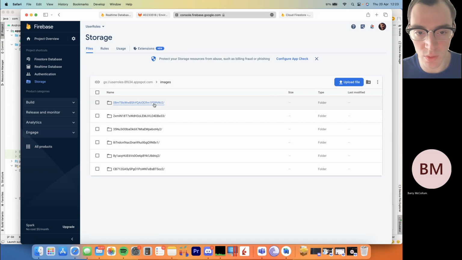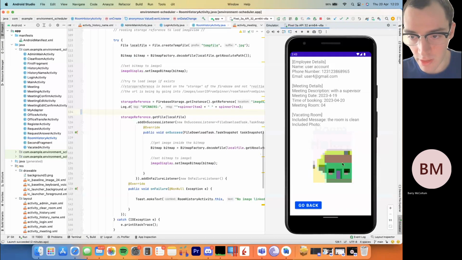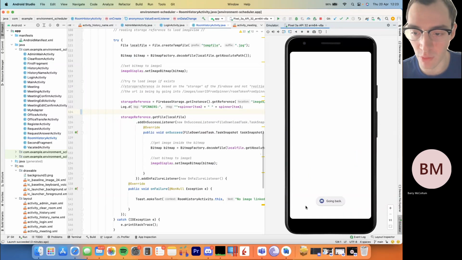If we go into the images and we go to R2, this is our new user, and we go to room 4, and this is the image. That's how it stores the images and accesses them. And it's loaded up here. That's the image that we took when vacating the room. So if we go back,